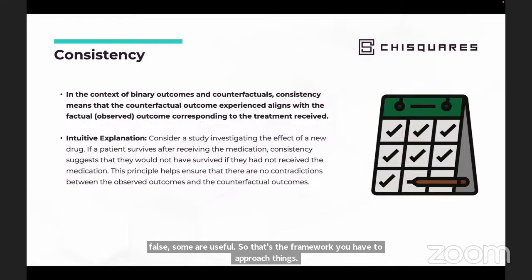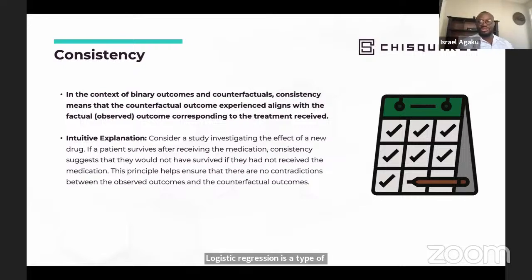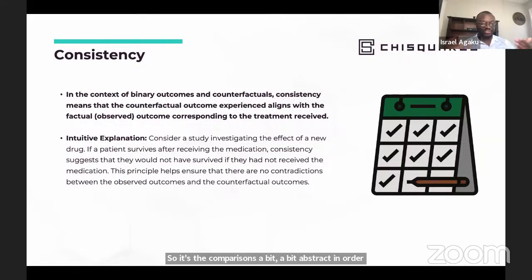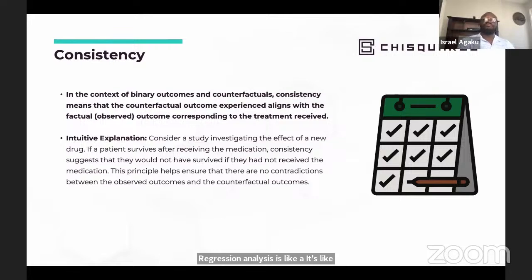What is the difference between correlation and logistic regression? Logistic regression is a type of regression model. Correlation is just a way of measuring relationships. You can measure correlation or association using a regression analysis, but there are other ways you can do it. So the comparison is a bit abstract. The two things you're asking about are not apples to apples, they're apples and oranges because they're quite different. Regression analysis is a tool we use to measure things, right? Whereas correlation is more of a